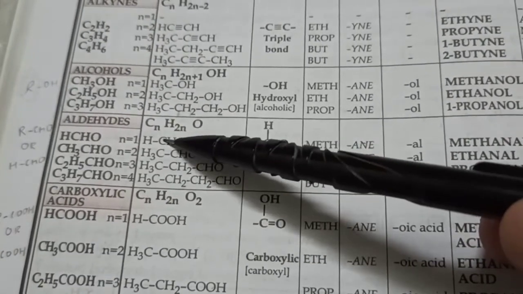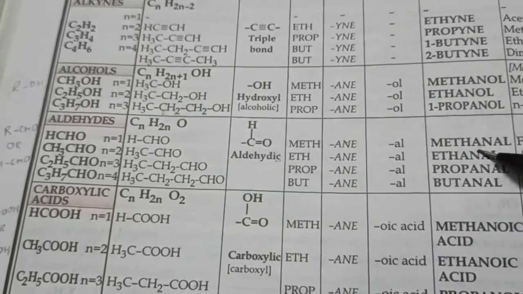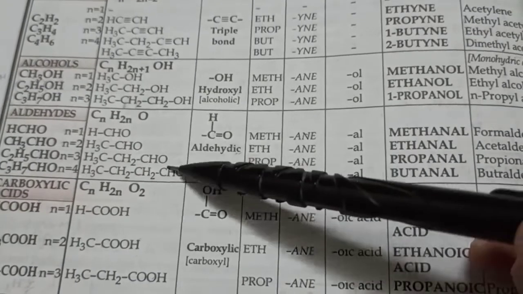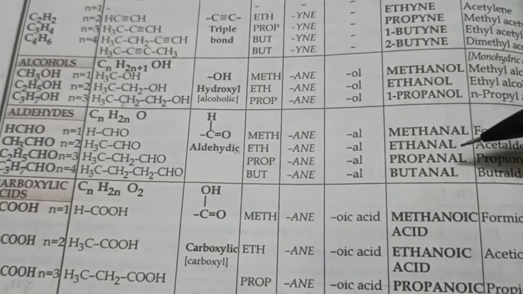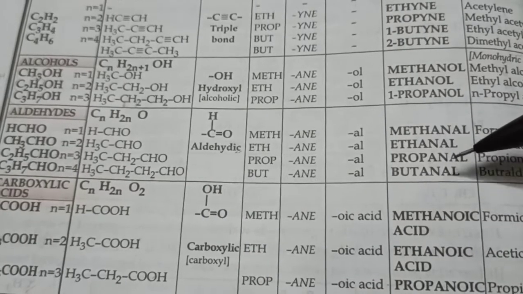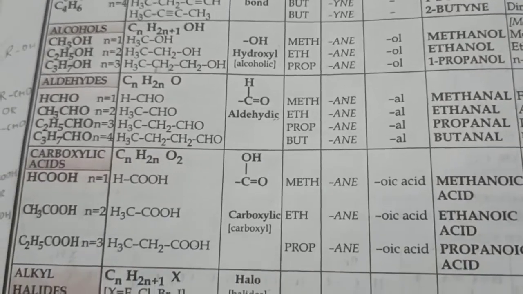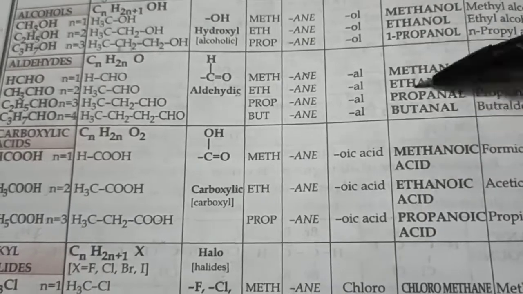Here we have 2 carbon atoms. Totally we have 2 carbon atoms. So call it ethanal, please. And then we have propanal, butanal. No numbering here. We can't have CHO attached in between. It won't be possible. It has to be at the end only. So chain isomerism is not possible in aldehydes. And these are the common names. Please learn them as well. Even for carboxylic acids, we can't have chain isomers. No numbering here for aldehydes and carboxylic acids.